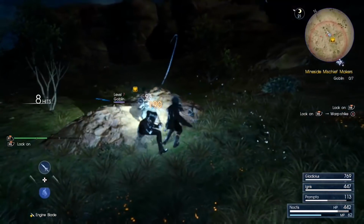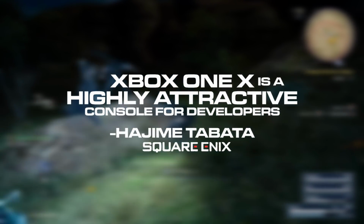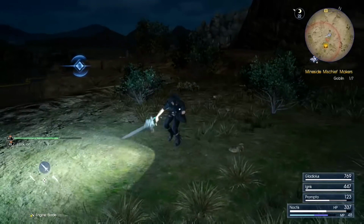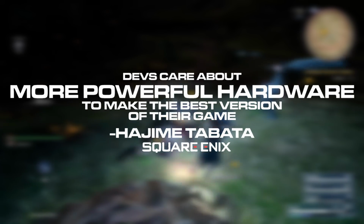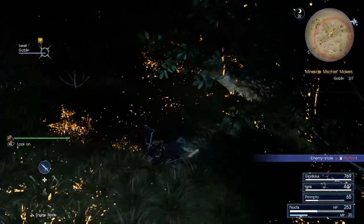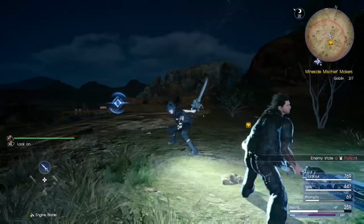Hajime Tabata of Square Enix said, "The Xbox One X is a highly attractive console for developers, and the list of enhanced games on the X compared to the Pro with an entire year head start backs up the statement that devs care more about powerful hardware and, more importantly, wanting to make the very best version of their game." The talk of parity has all but dissolved as multi-platform games become a better-looking and better-playing game on Microsoft's newest